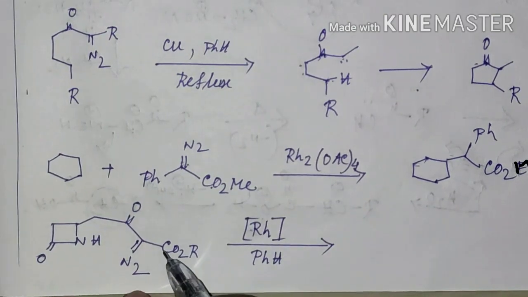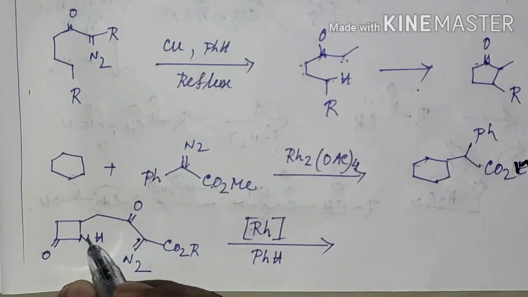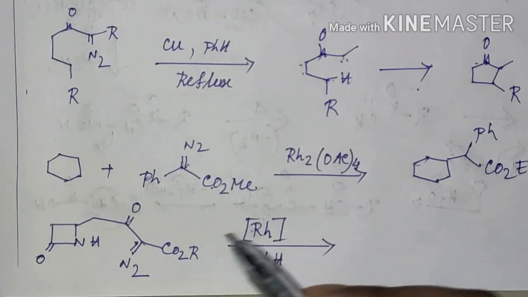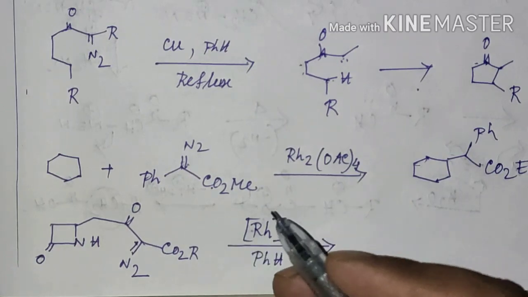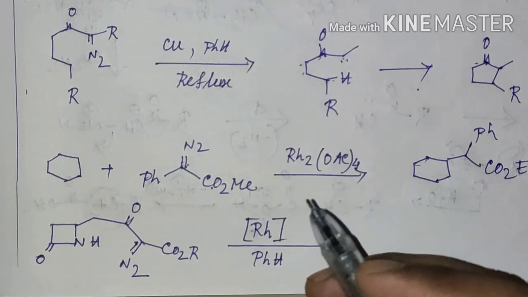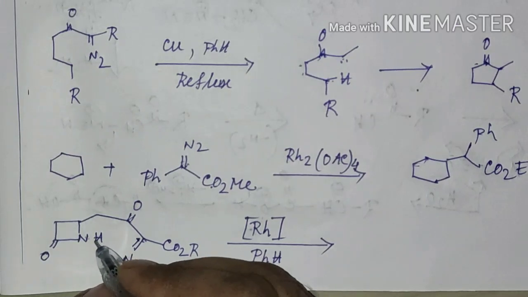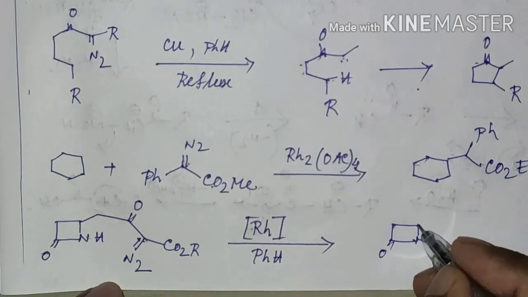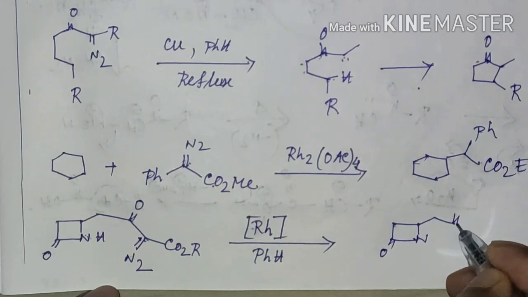Okay. And in this last example we can see that first it will generate the corresponding carbene, and that carbene can undergo insertion within a NH bond. As I have discussed in my previous video, a carbene can insert within a CH bond as well as a heteroatom-H bond, that is NH or OH bond. So here this carbene will insert within this NH bond to form a 1, 2, 3, 4, 5-member species.